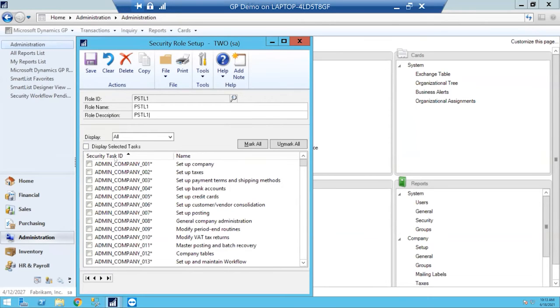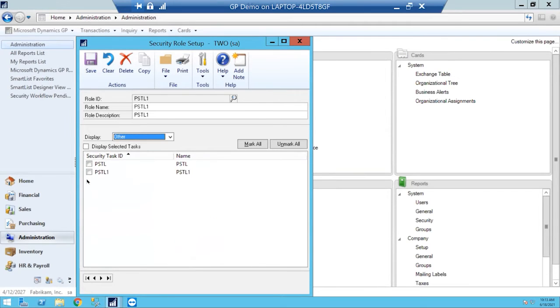And what we want to do is display our category of other. And here you can see the task that we created recently, which is PSTL1. So I'm going to select that, and then I'm going to click Save. So now that you have your task and you have assigned your task to a specific role, all you need to do is assign the users who are going to need this role to be able to use the PSTL